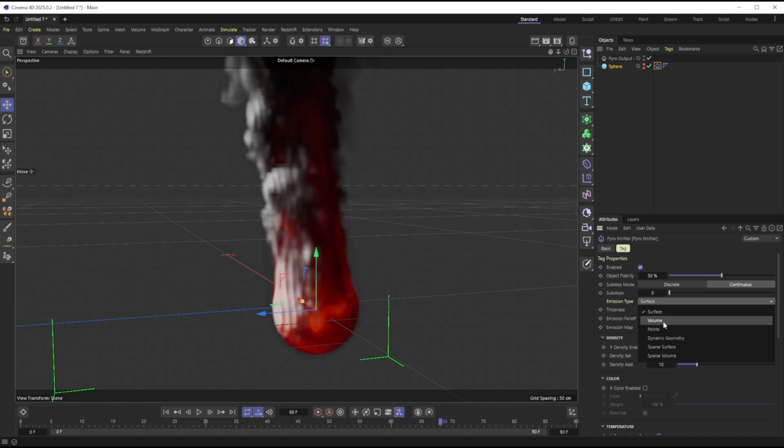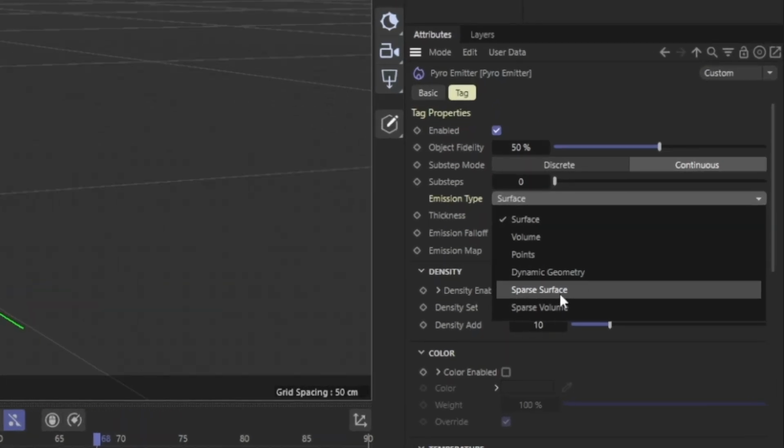But that's the difference between the two of these things. Now, if you notice that in the emission type, there are new ones. There's a sparse volume and sparse surface. Sparse volume and sparse surface. And basically,